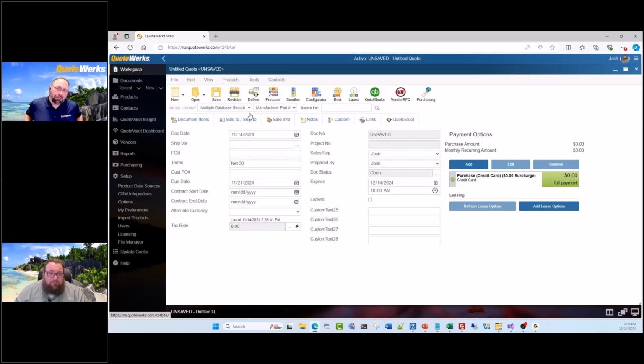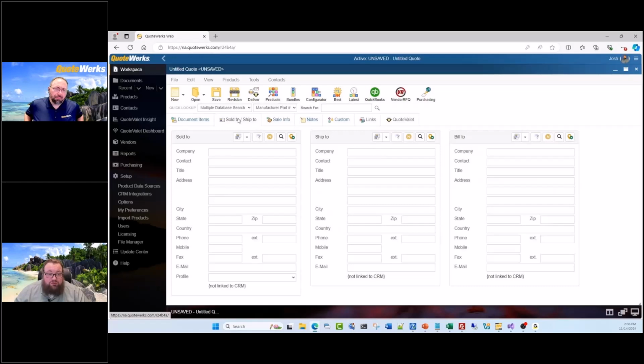So since we've understood the way that the document is going to be configured from a sale info perspective, the next step would be going to the sold to ship to tab. And as I mentioned, and you saw in our CRM integrations, we're currently connected to ConnectWise. One option that you have is if you are working with a new customer and do not want to necessarily go first into ConnectWise and create that contact first, you can come in here and actually create the contact,